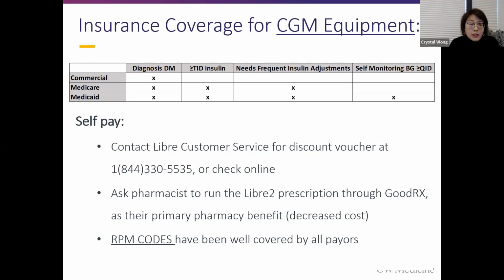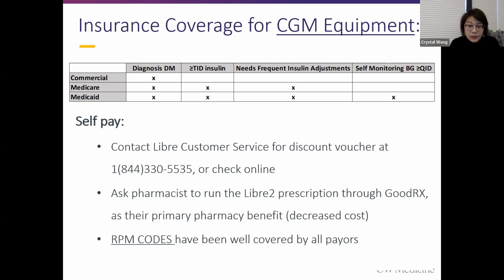So if you have some savvy patients, or patients who are willing to just self-pay for a couple sensors, that actually might be less of a headache than trying to jump through the hoops, or be a mechanism for those patients who wouldn't qualify based on the severity of their diabetes for this program. So there's some tips and tricks about how to get this covered or get it for a lesser cost. I know that Allison and Tammy really emphasized that in the RN/RD training. So your staff will be getting a little bit of information about that, but you can get these